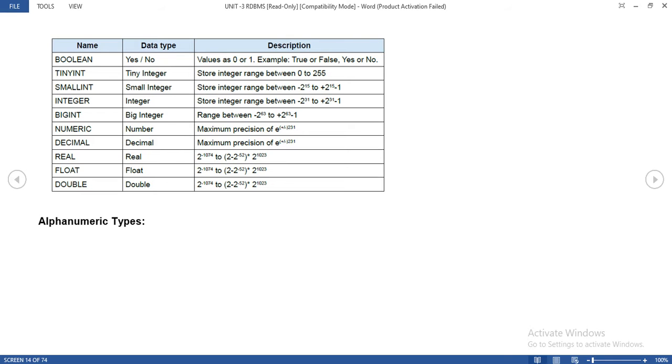Numeric data types in the database can be used for storing information such as mobile number, roll number, door number, year of school admission, true or false statements, statistical values, etc. The different types of numeric data types are listed here. As you can see in the table, here are the names of the numeric types, here the data type and the description, what values, how many integers you can store.